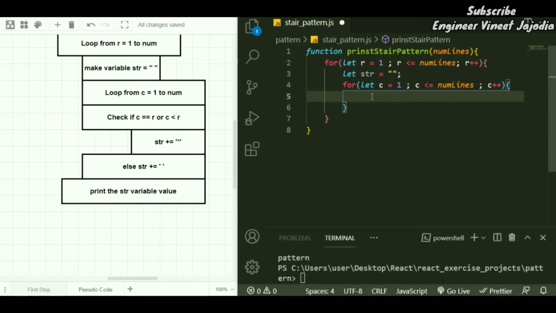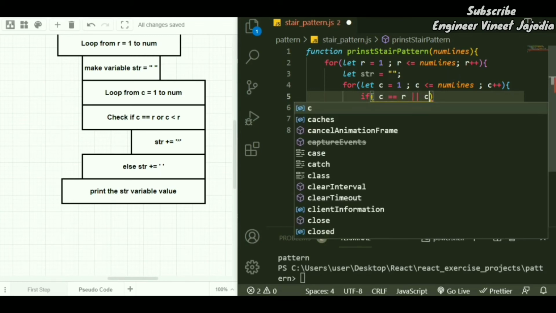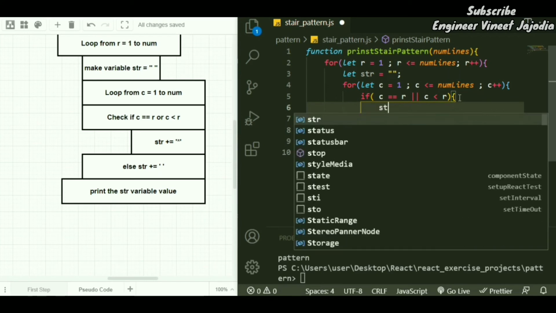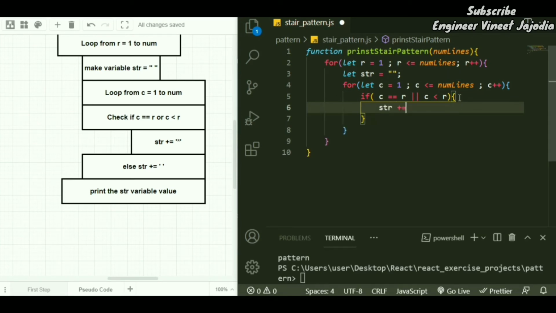So we are going to say if c is equals to r or c is less than r, then we are going to append the string with the value of asterisk.